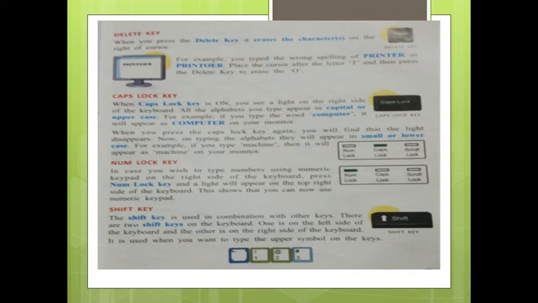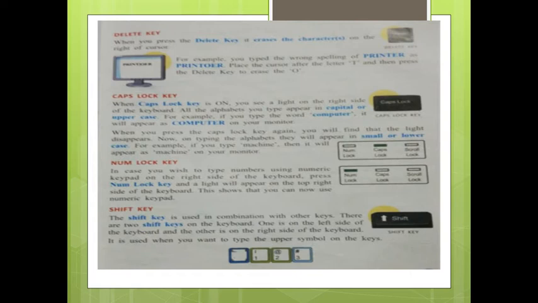Uppercase is also called capital letter. For example, if you type the word computer in all small letters, with the caps lock key on it will appear as COMPUTER on your monitor. So whenever you put caps lock on, the light appears, then all letters will come in capital letters. When you press the caps lock key again, the light will go, then all small letters will come.